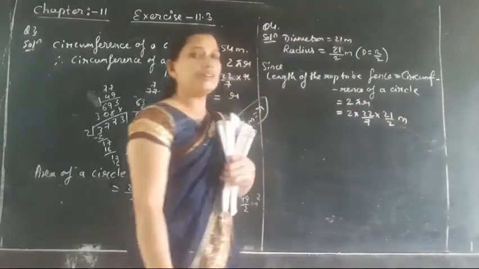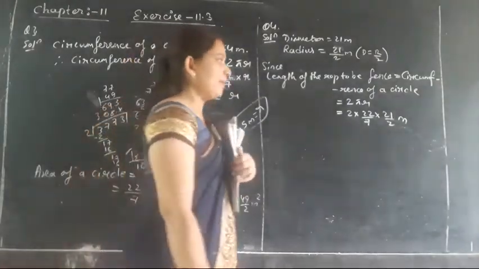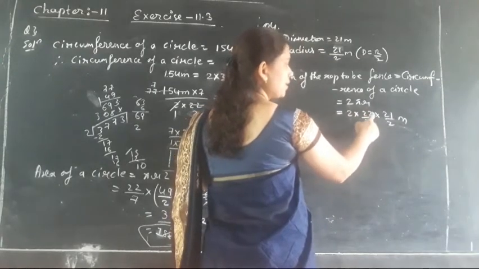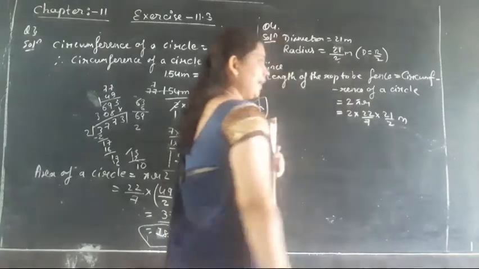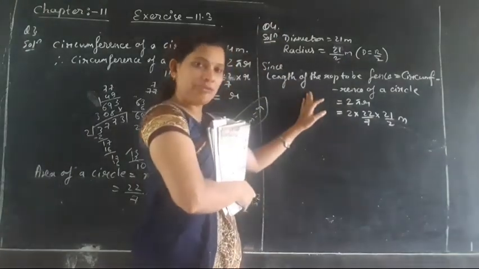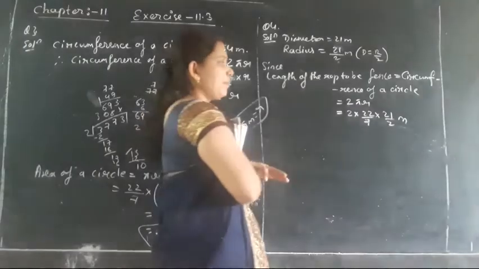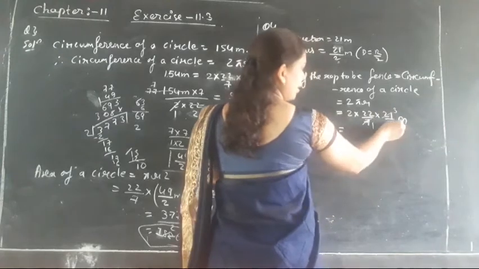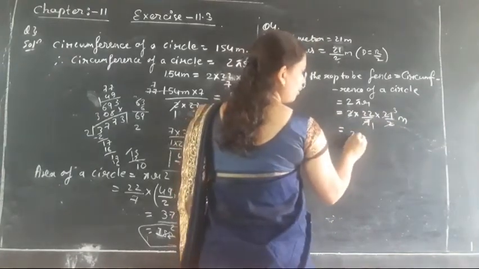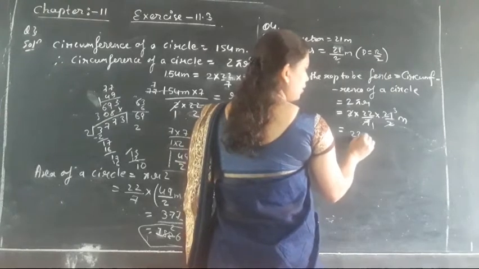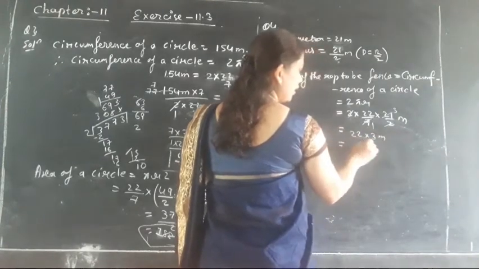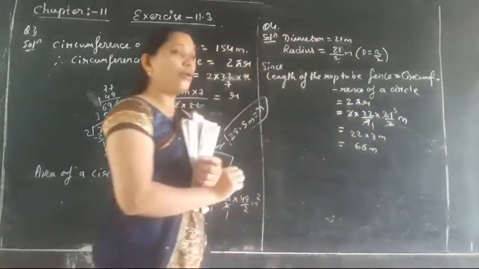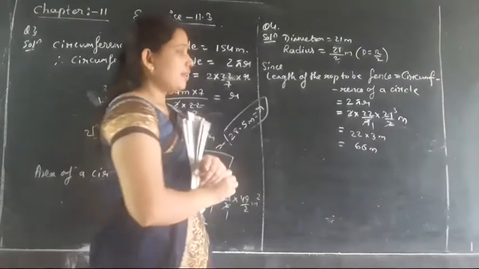इसको हमने डेसिमल में नहीं कन्वर्ट किया, ऐसा होल हम उसको लेकर के चलते हैं. ठीक है. Now look here, 2 comes from formula, pi value is 22/7, r value is 21/2. ठीक है. Length of the rope to be fenced will be equals to the circumference of a circle. So here 7 ones are and 7 threes are. Okay. Here 2 and 2 will get cancelled from the numerator and denominator. What is the number left out? That is 22 into 3 meter. Clear? So 3 2s are 6, 3 2s are 6. So what is the length of the rope to be fenced one round is 66.